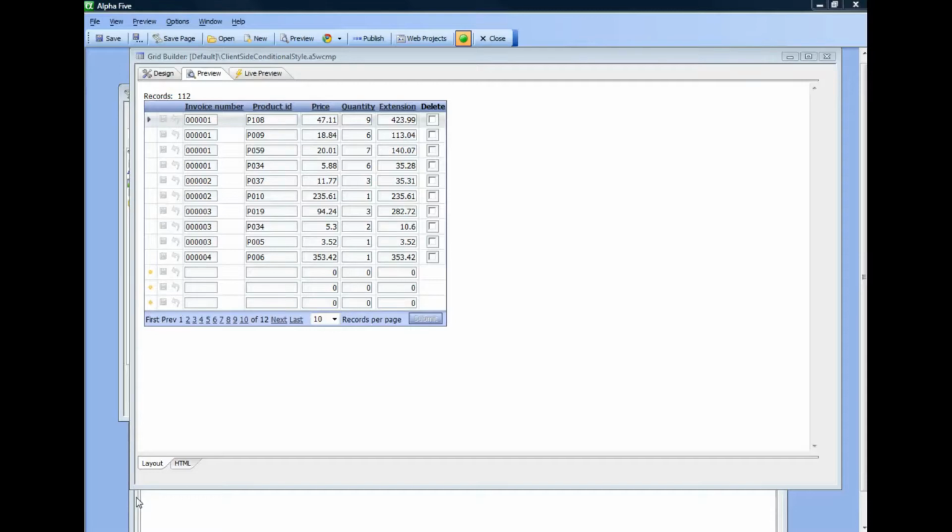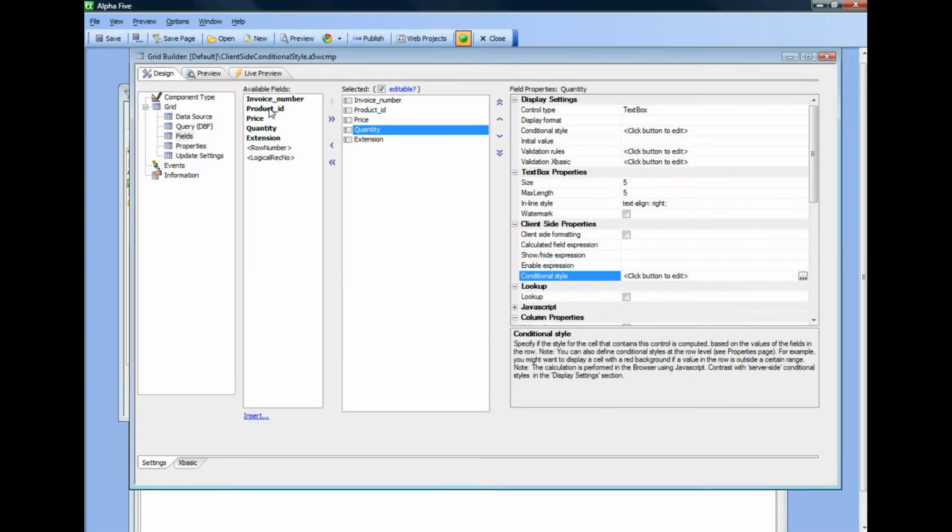Video we're going to take a look at client-side conditional styling, and our goal is to style the grid so that the quantity field displays in different colors depending on the actual quantity. So let's go back to design mode, and you can see here for the quantity field we have a property